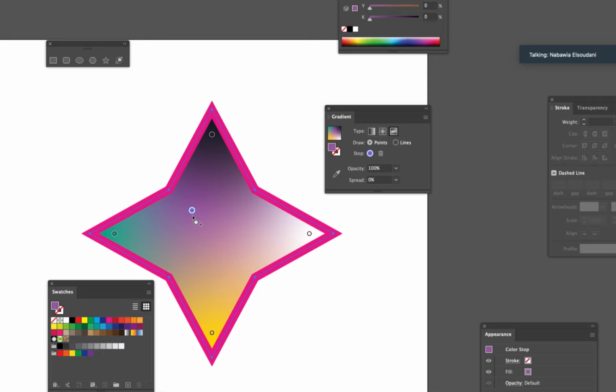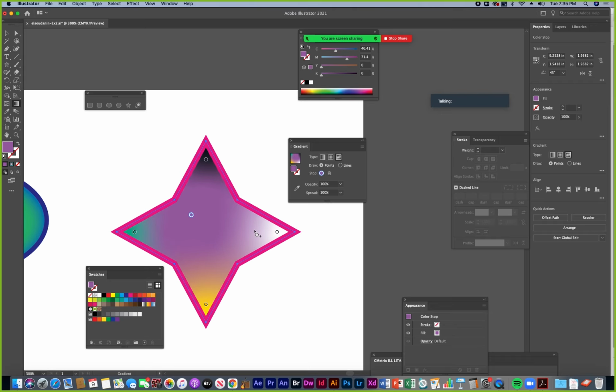You can hover over and drag this circle to pull the color out further. And I can click to add a color stop. Let's see what happens if I click on a swatch color here. Yeah, so you can also click right on swatch colors to add to selected color stops right in the shape, which is pretty cool. And you could probably select a color stop and press delete to delete it, or click to add another one. So you can choose a green there, and this is purple,